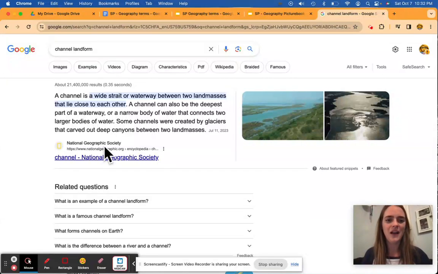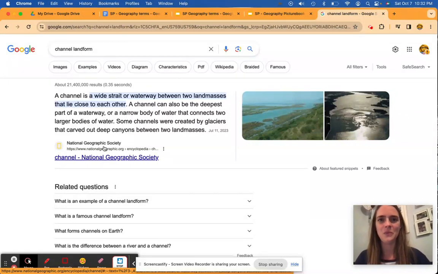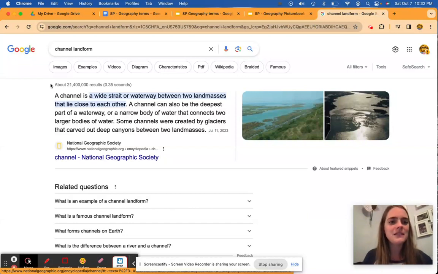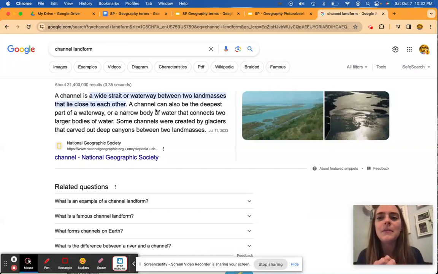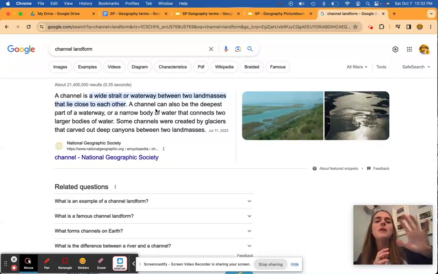Ooh, National Geographic. Remember, we talked about that source being really reliable. Let's see what it has to say. A channel is a wide strait or waterway between two land masses that lie close to each other. All right, a good example of this, I know it doesn't say it here, is the English Channel. It's the channel between Great Britain and the mainland of the rest of Europe.